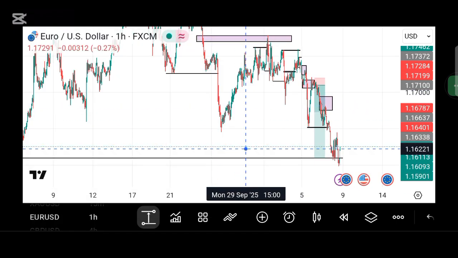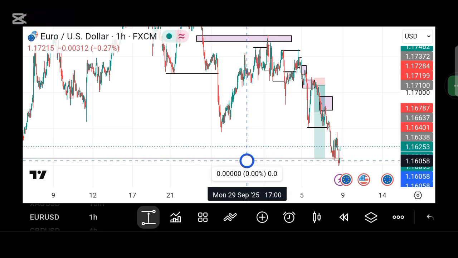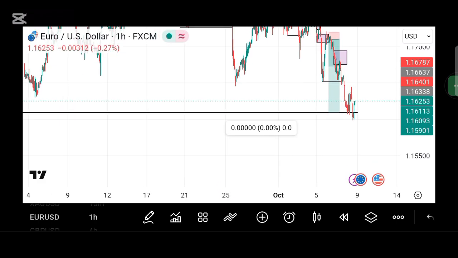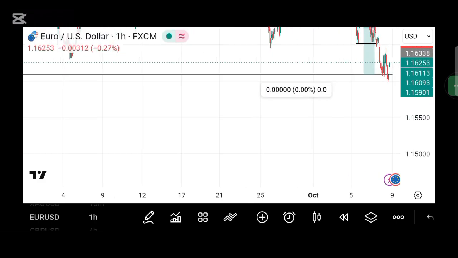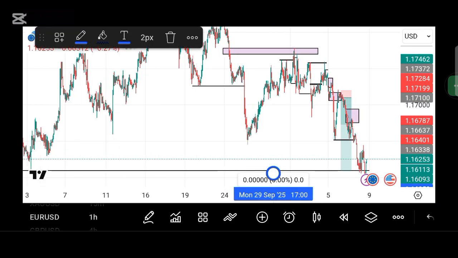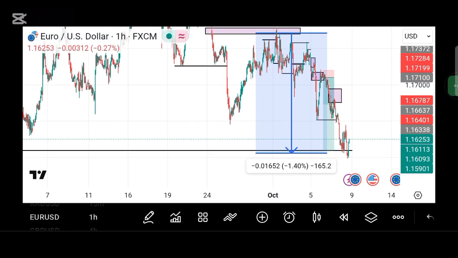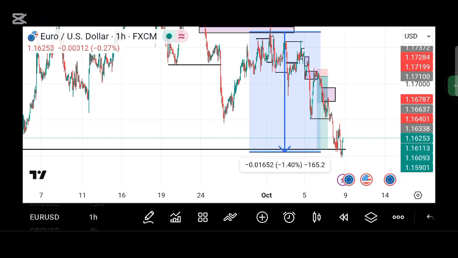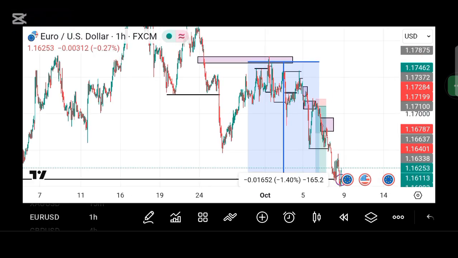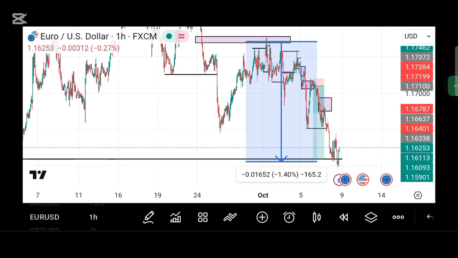You look at from here, from point of interest down to this level here was about 1,652 pips, which is about